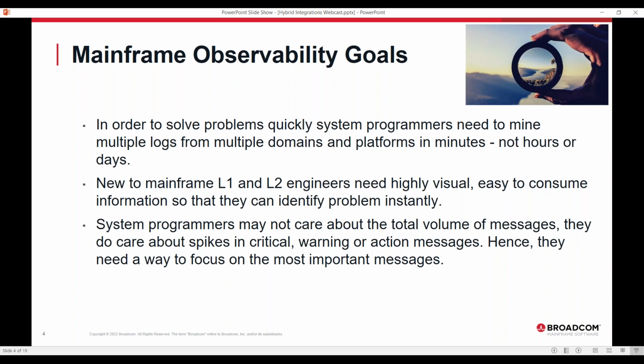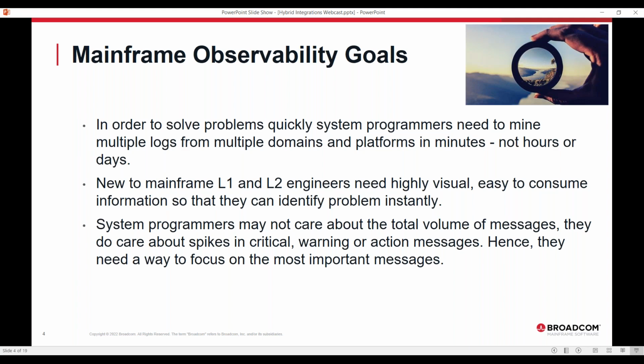The second one here: new-to-mainframe L1 and L2 engineers need a visual. This really speaks to the accessibility. While the observability and visibility on the mainframe is accessible to people that are very seasoned on the platform, it's not as accessible for someone who is not a dyed-in-the-wool mainframe person.